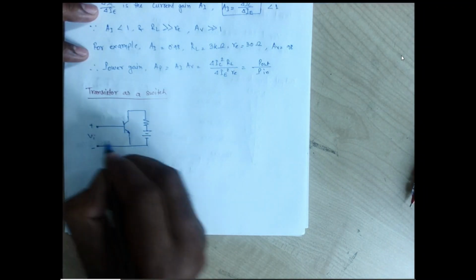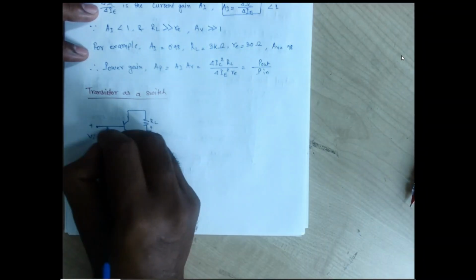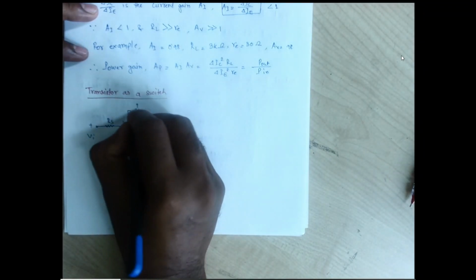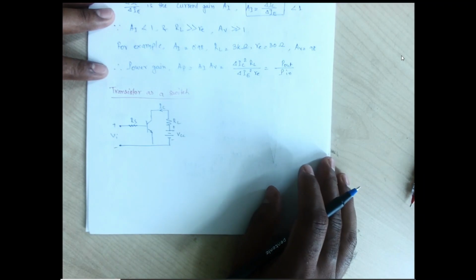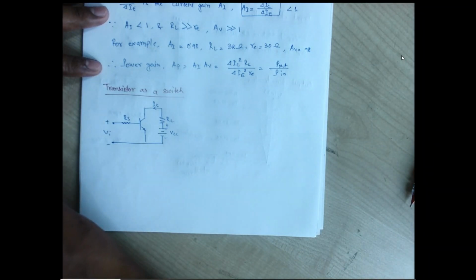Plus minus, it is input, minus, VCC, R. Some input resistance is also there, RS, IC. Okay, so if our Vi is somewhat less than a certain value, the output will also be 0. This kind of switch is required in high speed counters and computers. It is on when it is in the saturation region.